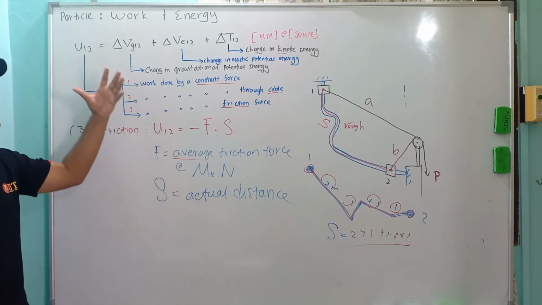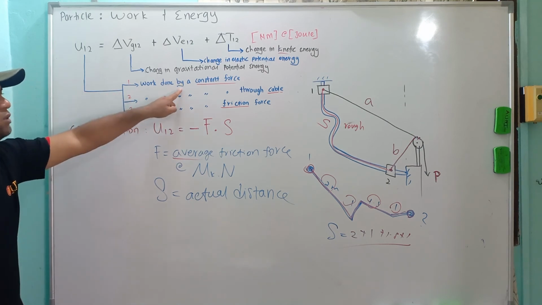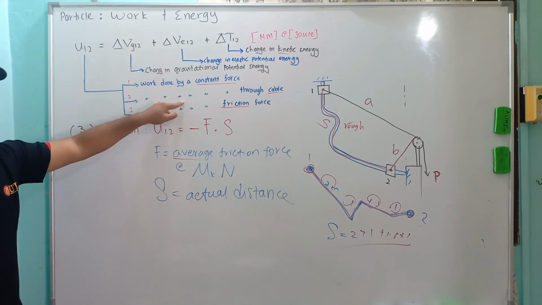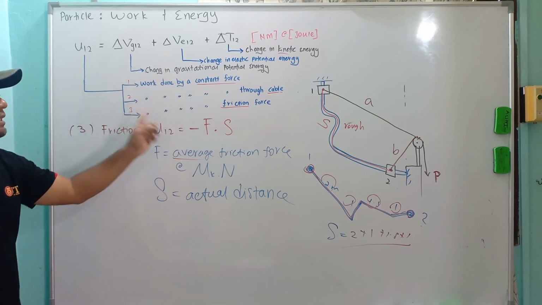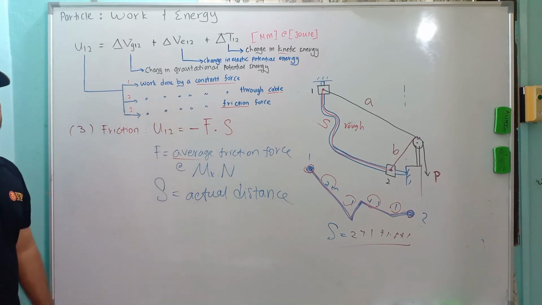So you have to analyze the problem, the question. If you see directly the P acting at the component, you put this one. If not, you directly put 0. If there is a cable, you calculate this one. If there is no cable, you put this one as 0. If the system is said to be frictionless, then this one needs to be directly equal to 0. So it depends on the question.